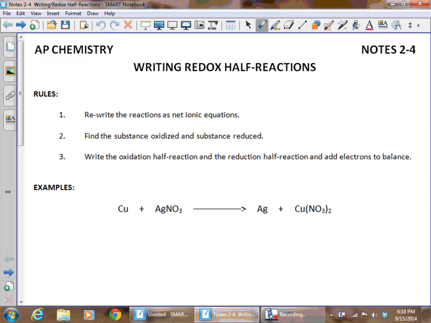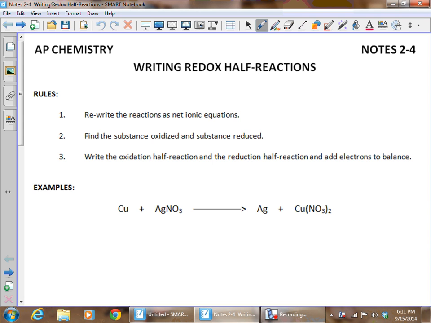Today we're talking about writing redox half reactions. When we write half reactions for these oxidation reduction reactions, the first thing we have to do is to write them as net ionic equations. We've done this before. The next thing we have to do is to determine the substance that's oxidized and the